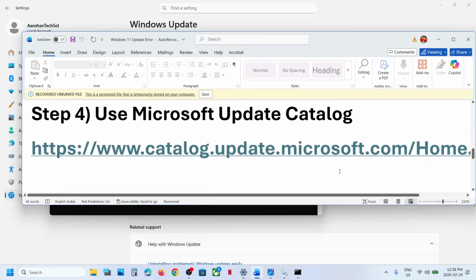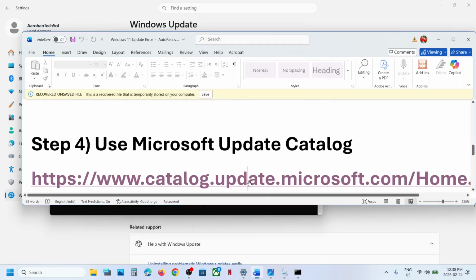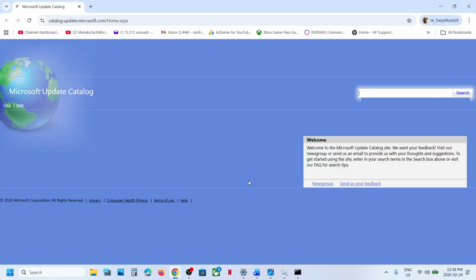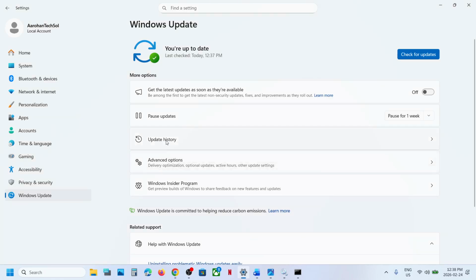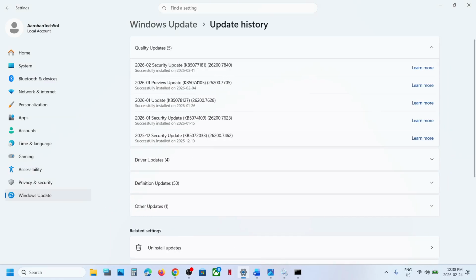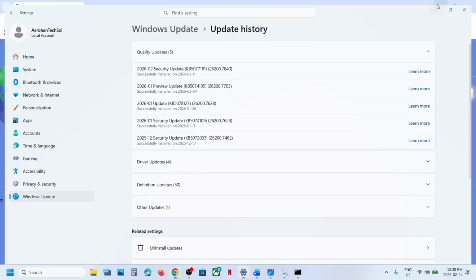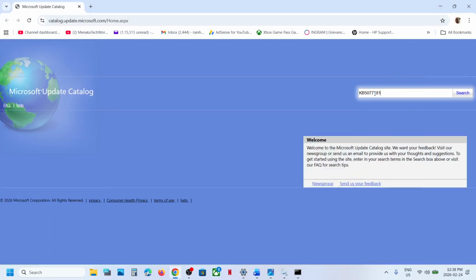Still not working. The next step is to use Microsoft Update Catalog. Now for this you can go to this link. The link is provided in the video description. It will take you to Microsoft website. Over here write down the name of the update, whichever update is giving you the error message. This is just an example. You can copy the name of the update which you are unable to install and then click on search